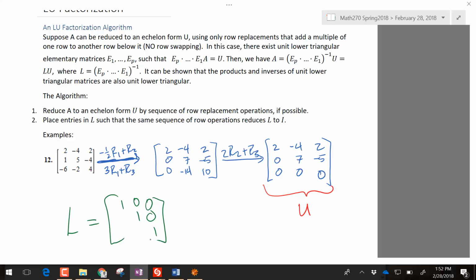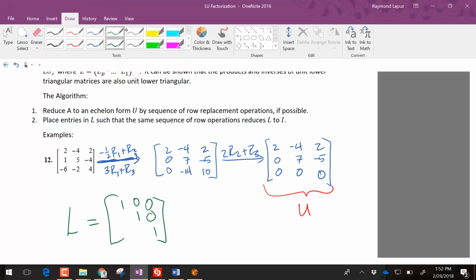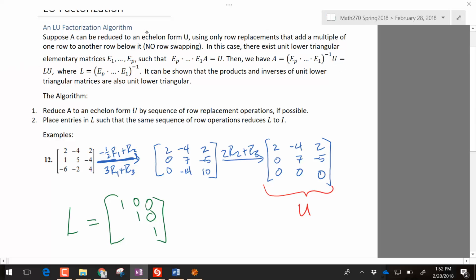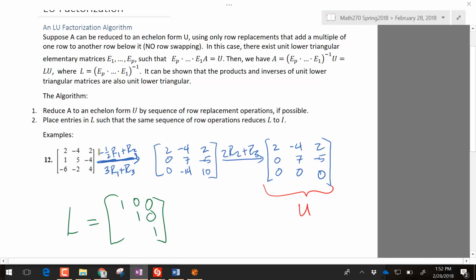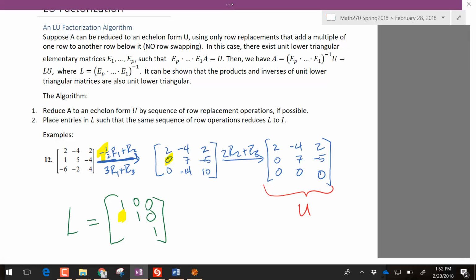So now there's 3 spots that we need to fill in. And what are the 3 spots that we're going to fill in? So we want to look at the corresponding